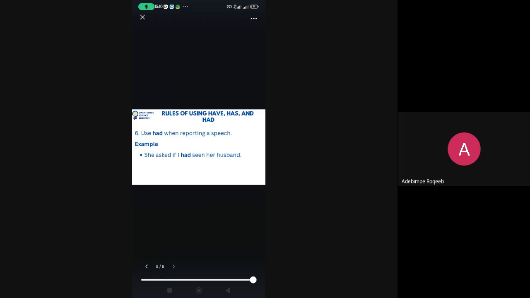Now, another one we have here is when you are talking about conditional sentences. I hope you still remember what conditional sentences are. If sentences. Those sentences that have if in them are conditional sentences. So in conditional sentences, it is preferable to use had than to use has or have. For example,